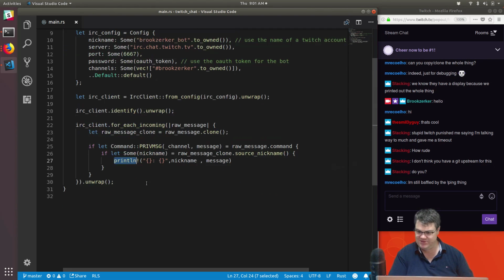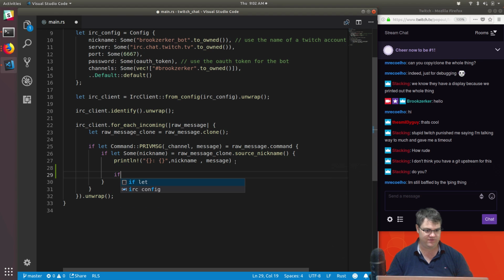I'm still baffled by the ping thing. That's what I was going to do, see if I can figure out if we cared about this. One nice thing is that once we're in here, we know it's another person who's sending it. So even if I don't print out who is sending this, I should now be able to say: if the message contains bang ping,